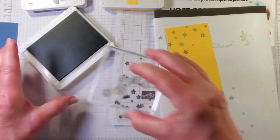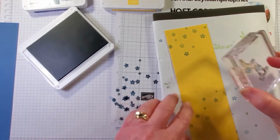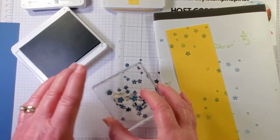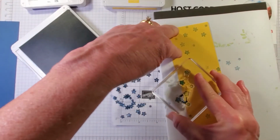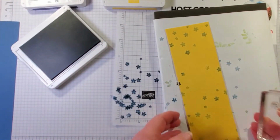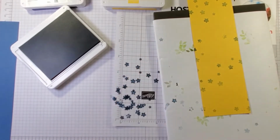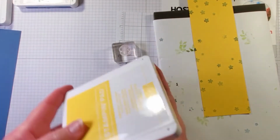So I'm just going to kind of randomly put these, and I can always add more later. And maybe down there. I'm going to bring in Daffodil Delight,